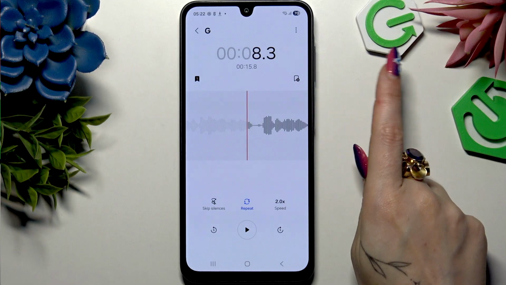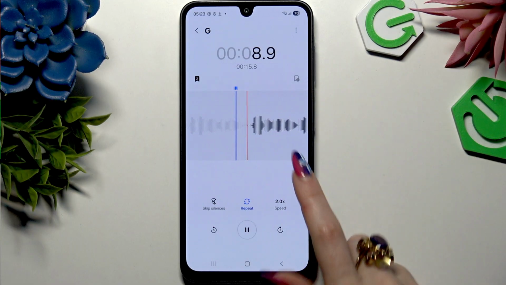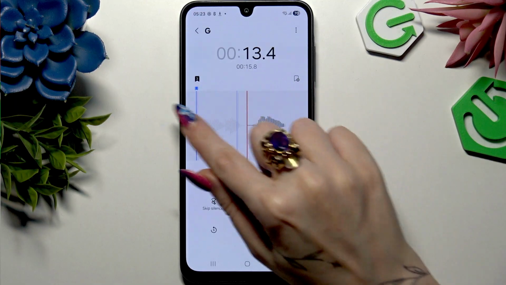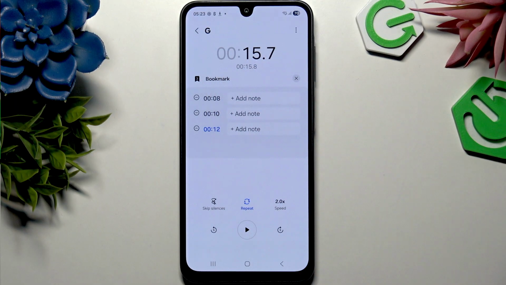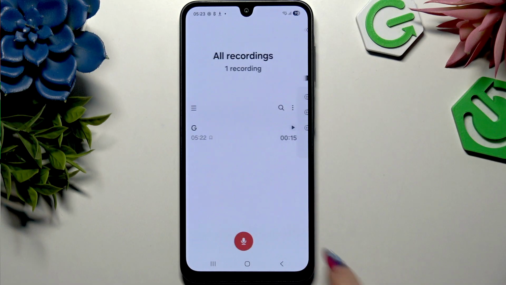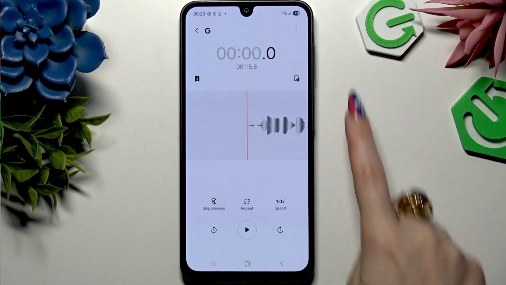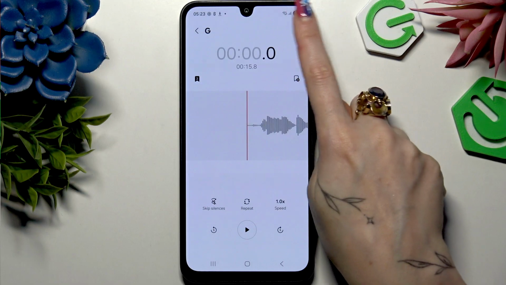Use this icon on the right to add another bookmark while listening, or this one on the left to manage existing bookmarks. Now, what most people miss is that you can tap on those three dots at the top right